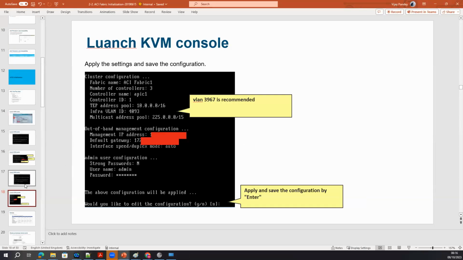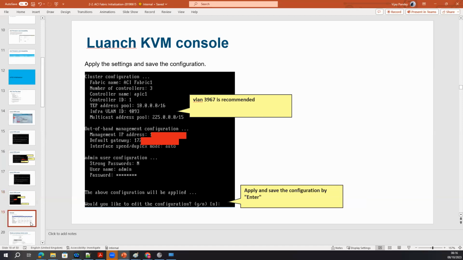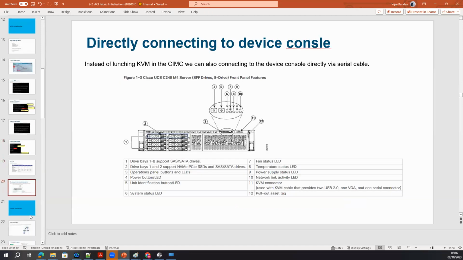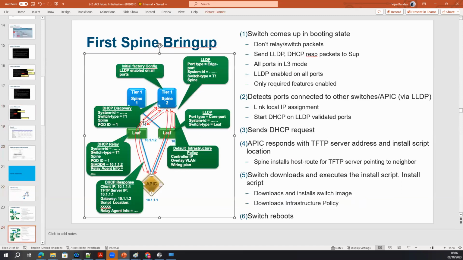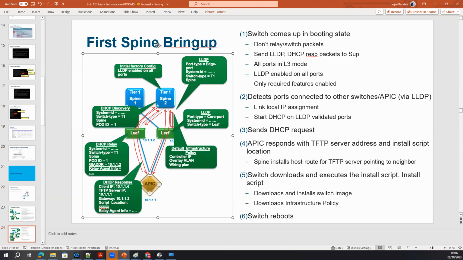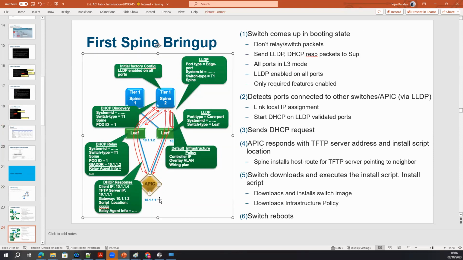Now the rest of the part I will be resuming next week. I'm going slow for this initialization phase. Once we understand properly how discovery works and what kind of issues you can face, I'm going to teach troubleshooting as well. I don't want to repeat the troubleshooting in the next class, that's the reason I'm going one by one: what could be the potential reasons for an issue. Then I will show you all the discovery, how to register and all.